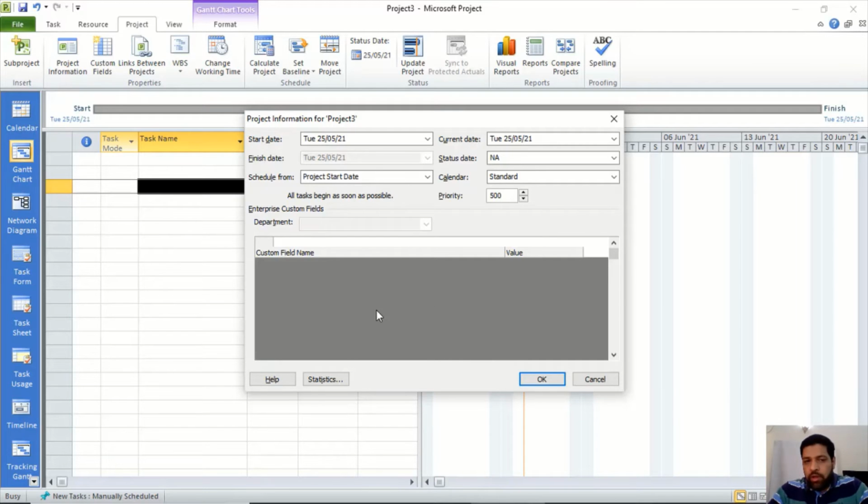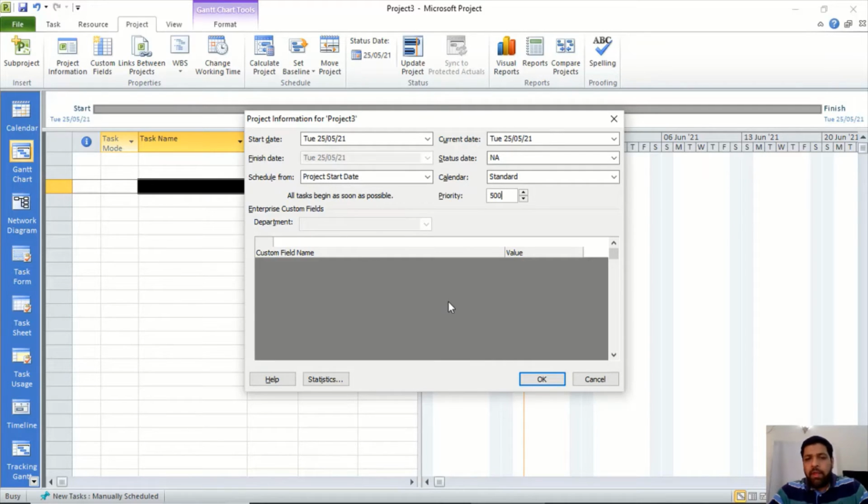Now this custom field, again, this department and custom field: if you have Microsoft Project Server, and you have entered a department, there is a centralized server where all the projects are placed, categorized against their departments, then the department field will come here. And any custom field that you have developed, anything which is not in MS Project and you have created yourself.